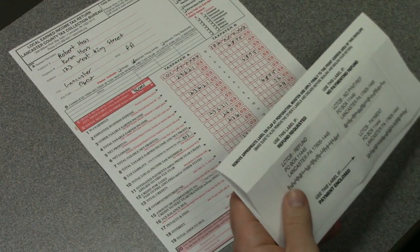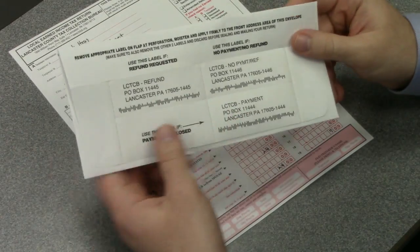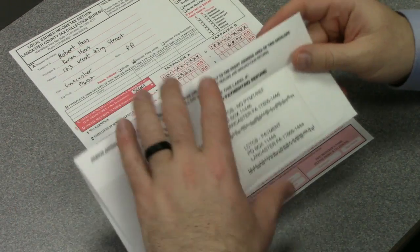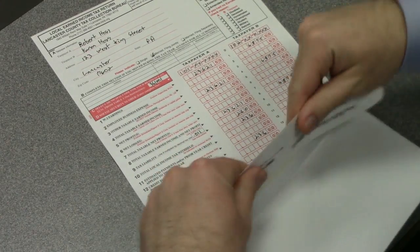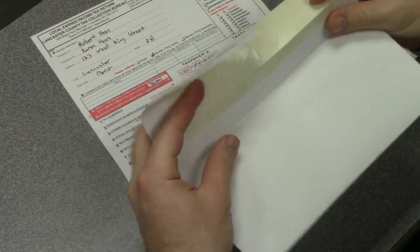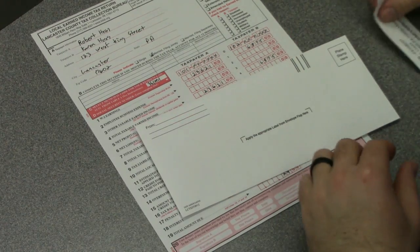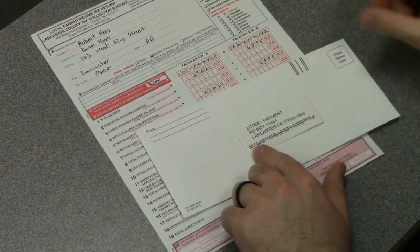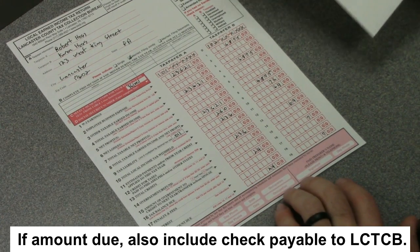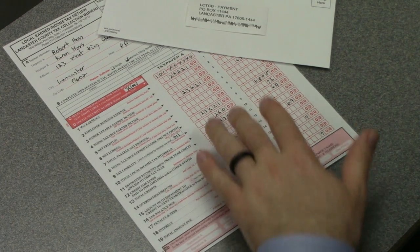You can rip one off the W-2s and then go grab a local envelope. So you can tell these are local envelopes. They have LCTCB. So once you find the envelope, you can see the different addresses here. So there is a payment to be included in this one. You just rip off the payment section. At that point, you can affix that to the front, like so. Include the return and copies of W-2s. So again, that is how we prepare a fairly basic local return with a little bit of a wrinkle here